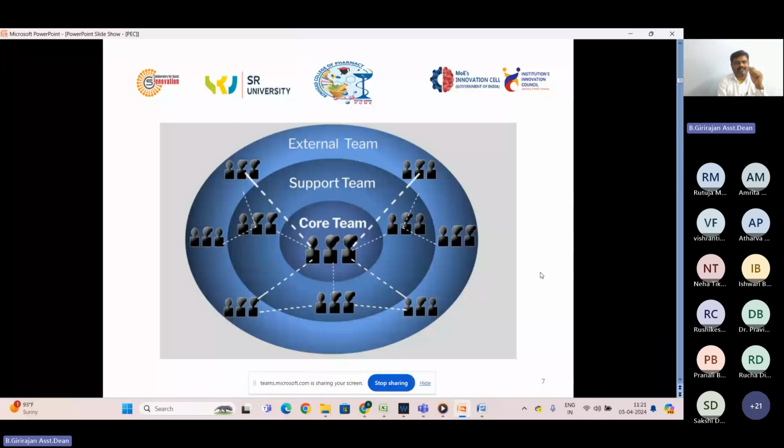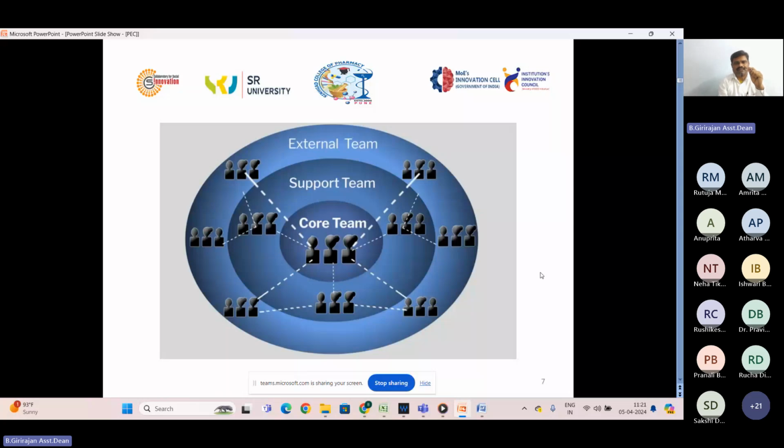Next, the external team. So we have some facilities in the laboratory, but still when you get into the product design, to complete the minimum viable product or a pilot product design or mass production, we need an external team, without which we cannot complete this industrial standard product. So we need an external team. Those external teams may be the partners of the institution, industrial partners of the institution, or research centers. So those external teams can be supporting you. So we can think about this structure when you're getting into the product design, and how could be the team